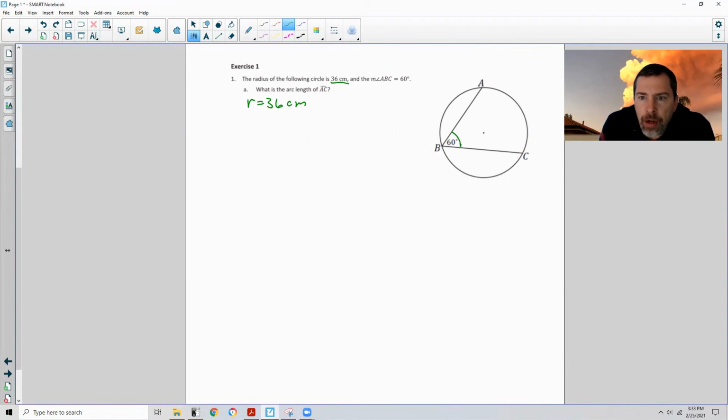So we've been doing arc measures, and that's the difference between a measure and a length. So if it said what is the measure of arc AC, it would look like this. The measure of arc AC equals, since this is an inscribed angle, the arc is twice the angle. So the angle is half the intercepted arc. The measure of arc AC would be 120 degrees, but that is not what this question is asking. What is the arc length? Okay, so we would say arc length